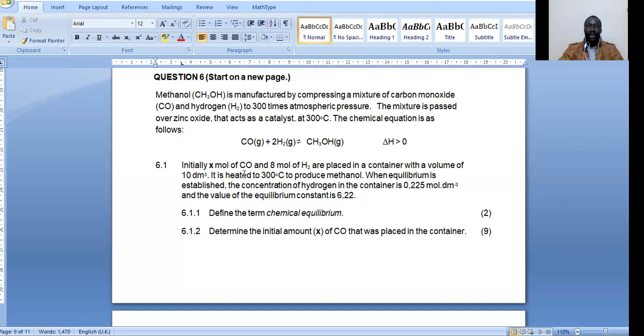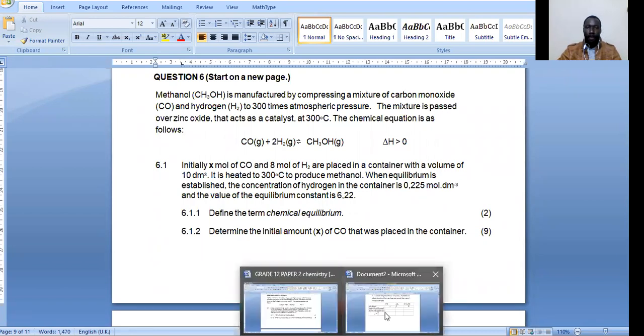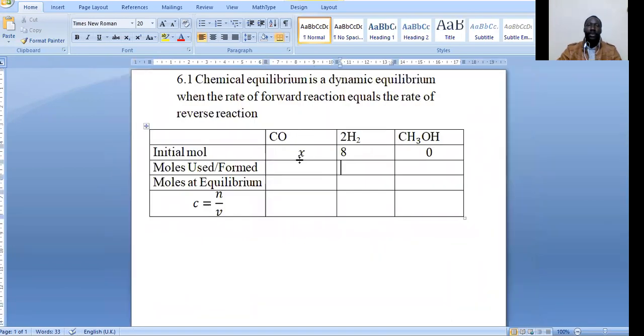So how do we get this? Well, let's first get everything extracted. We start with the number of moles. This is what we are looking for, the number of moles of this one used, and this one also. So about hydrogen,